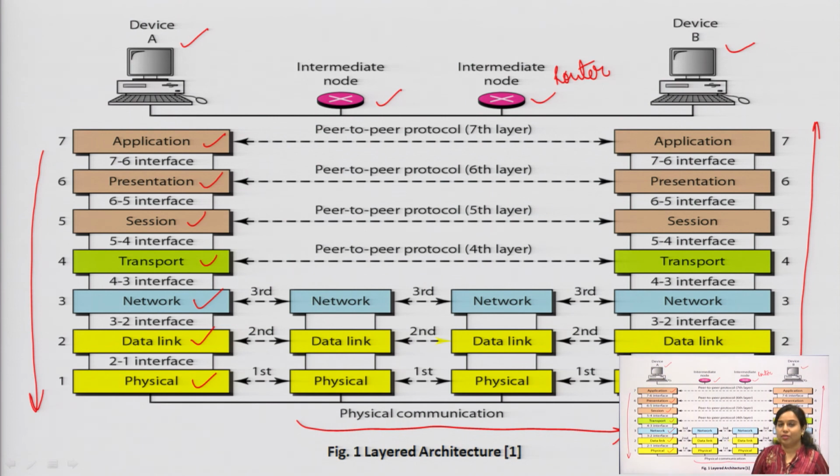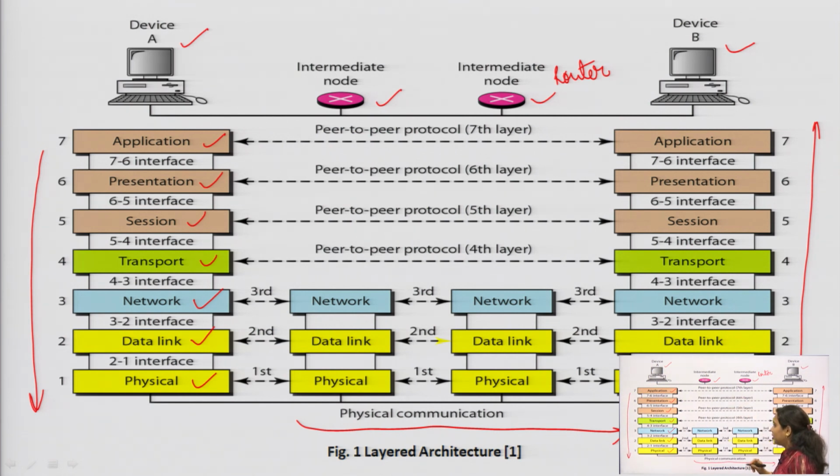You all have understood that device A and device B are both connected, and there are two intermediate nodes. These may be a router, a gateway, or a hub. Whatever information you want to transmit is done through 7 layers. This will move down at the transmitter side, and at the receiver side it has to be moved up, and there will be a peer to peer protocol set up between the 4th layer, 5th layer, 6th